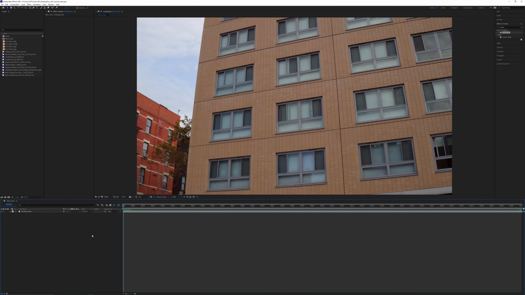Alright, let's get started in After Effects. So for this tutorial, I'm just going to show you how to do one of the windows, and the rest you can choose if you want to do multiple windows or not. This plate also is not provided. This is stock footage that I purchased because I needed a clean 4K plate to work with, and I had a really fast turnaround for this tutorial.